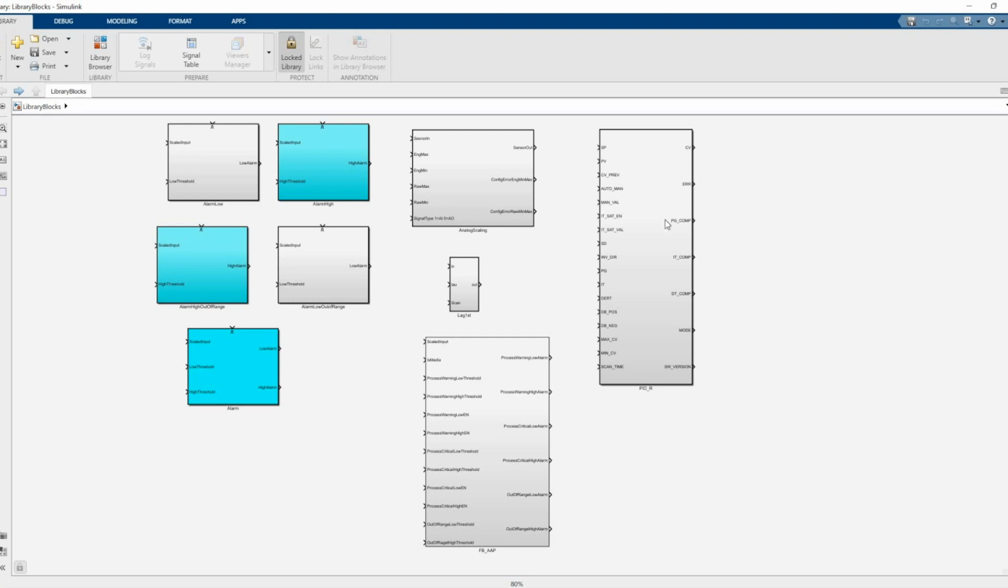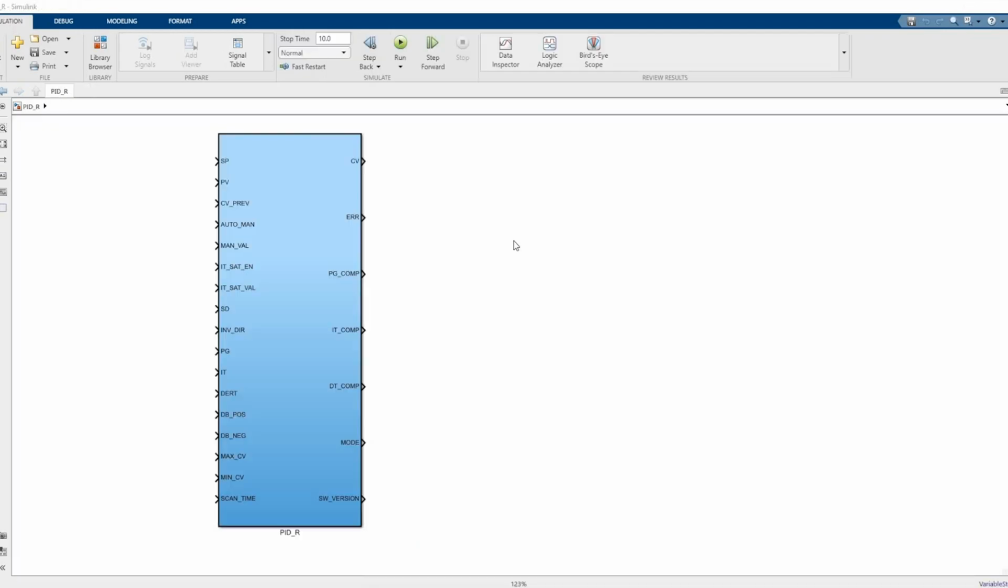And I will be using this PIDR because PID is one of the most used blocks for PLC developers, and this is one of the complex blocks which we have. This particular block I will try to convert and show you how we can configure it for different PLC targets in the Simulink PLC Coder. So